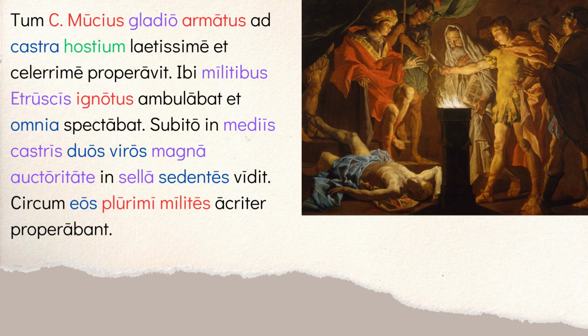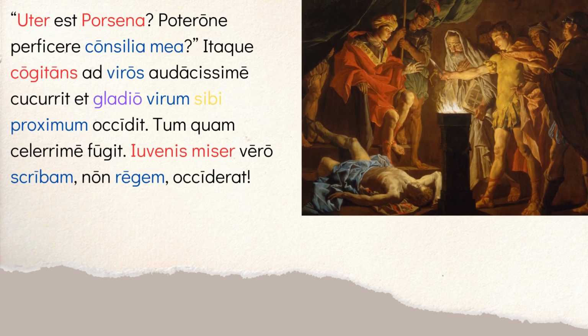Then you have circum eos, plurimi milites acriter properabant. So around them, circum eos, and the them are the two men sitting. So around them, there were many soldiers, right? So around them there were plurimi milites, many soldiers properabant, they were hastening, right? Acriter means like fiercely, kind of hastening around them. Right, so there's all these sort of fierce-looking soldiers. They're all around these two men, and the idea is that Mucius doesn't know who Lars Porsena is, right? So he's trying to figure out, and he sees there's two men that everyone seems to be running around. Okay, so because he doesn't know who it is, he asks the question.